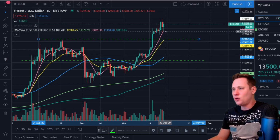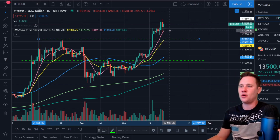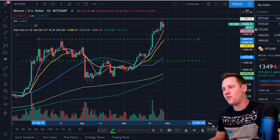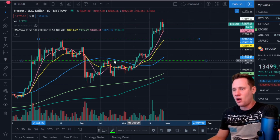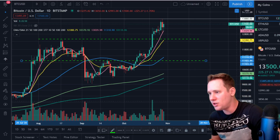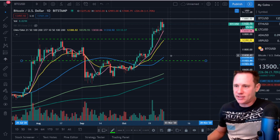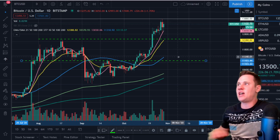12,400 if you lose 13,000. That's where that pink 10 simple's at, 13,000. So immediate support, 13,000. Next level, 12,400. If you lose that level, I do have a support flipped resistance coming in, 11,100. All right, so that would be the next level of interest if we do have a sell off in all